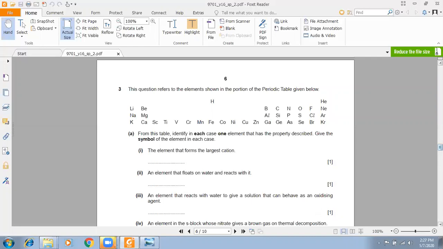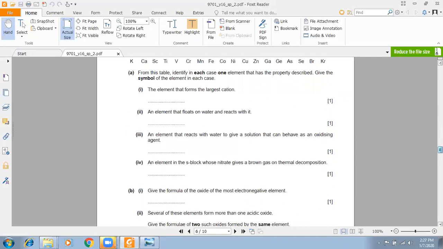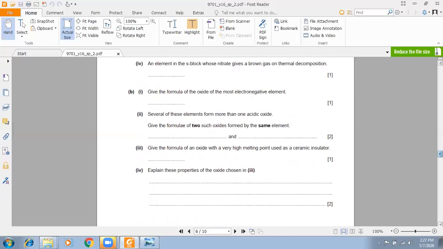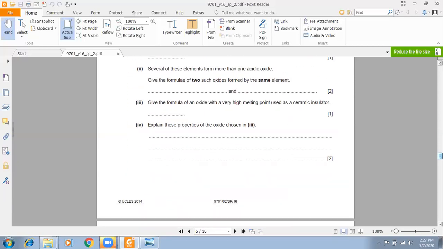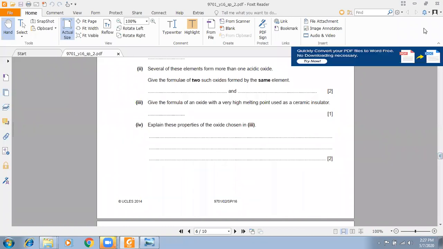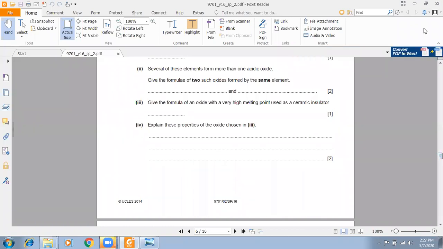Next question. Explain these properties of the oxide chosen in 3. So here, magnesium oxide is completely ionic. Aluminum oxide has moderate character. It has ionic bonding, but it has slightly covalent nature in it. On the other hand, silicon dioxide is completely covalent. So one portion you need to mention that it has